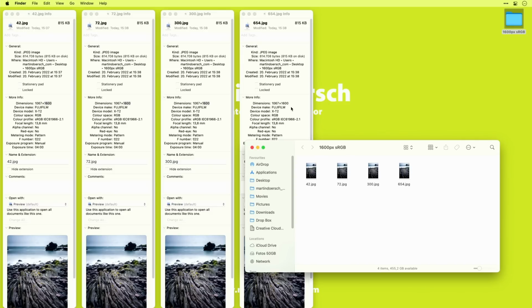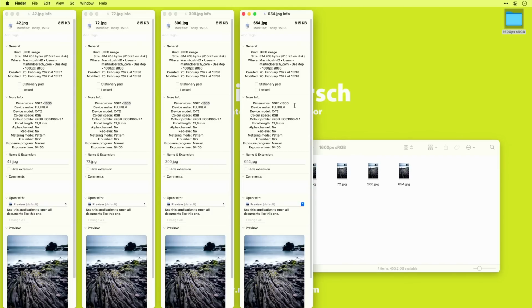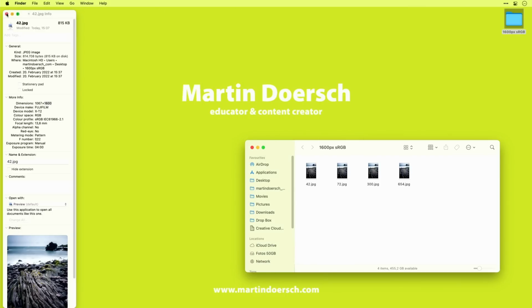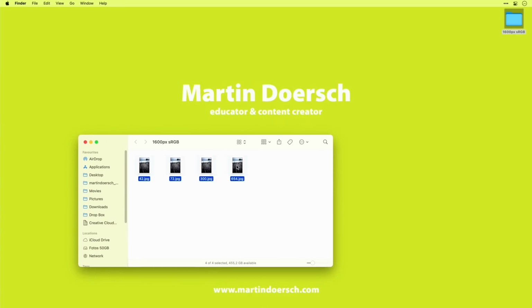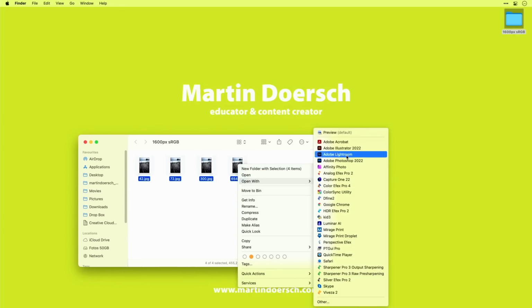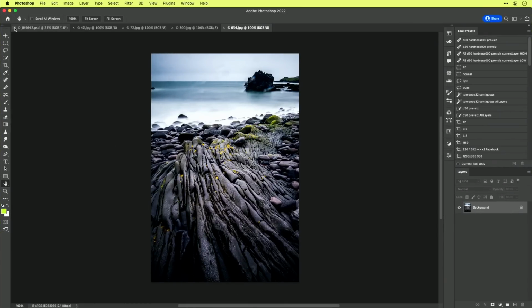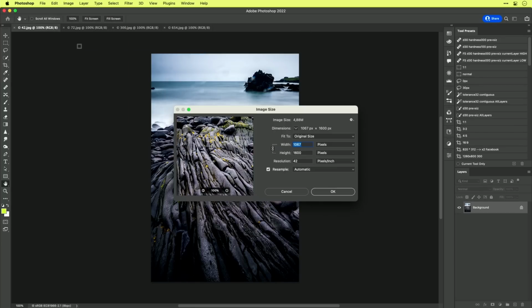Yeah, but what is different? Let's see. What was the thing we did differently? We just set the DPI counter to different values. But as you see here, you can't see the DPI counter, so maybe I have done something wrong. Let's open these images inside Photoshop. So I opened these 4 images here inside Photoshop, and that's the original here. I close this. So here are my 4 images, and now I will go to Image Size.